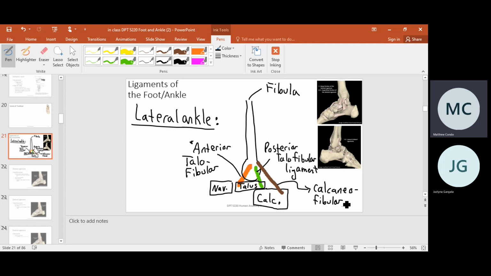Not always, right? I'm going to give you that PT school answer. You guys already know it. Say it in unison. It depends, right? Now, the code for it depends is I need more information on the patient. That's basically all it means. So let's think about this. I have a grade 3, it's gone, rupture of the ATFL in a 22-year-old D1 soccer player